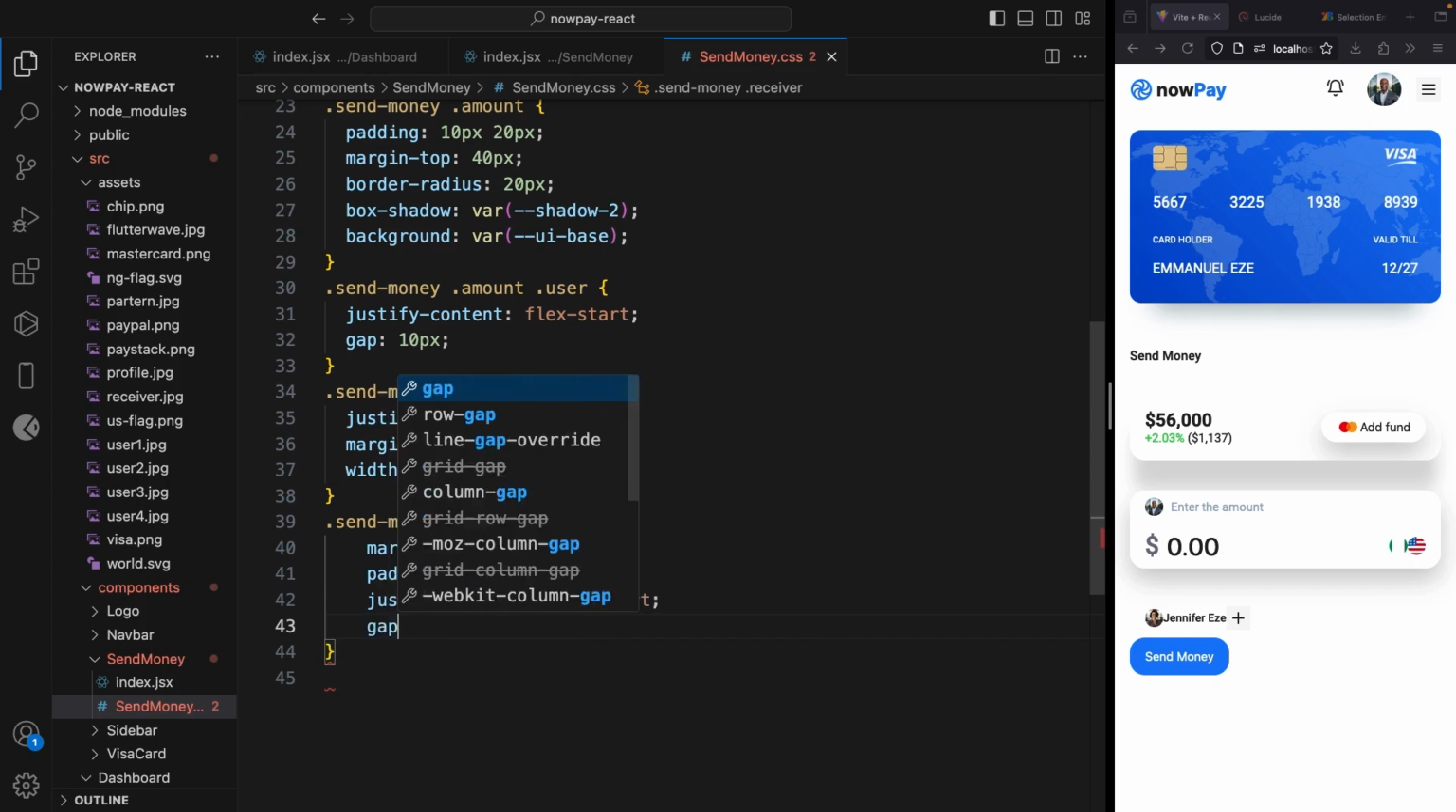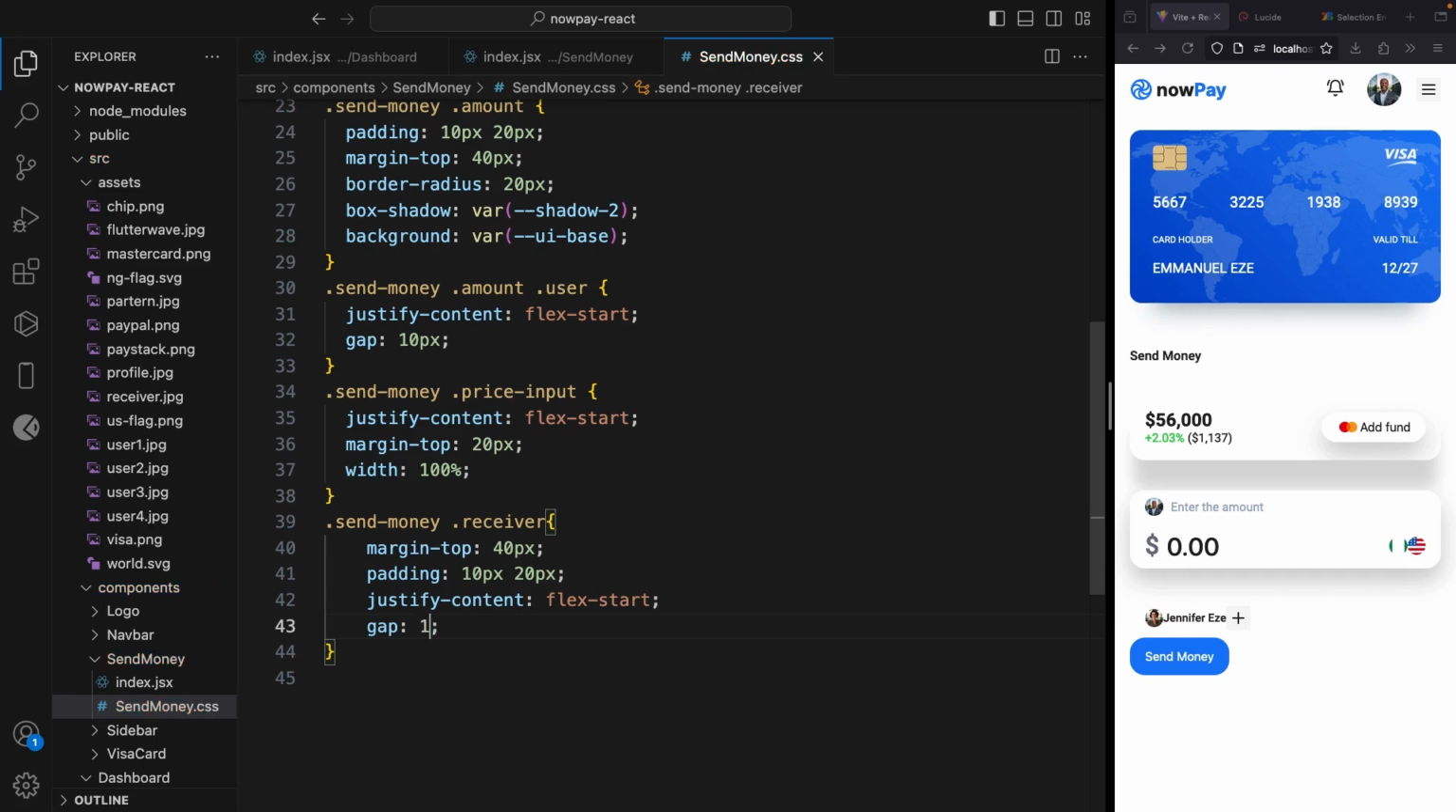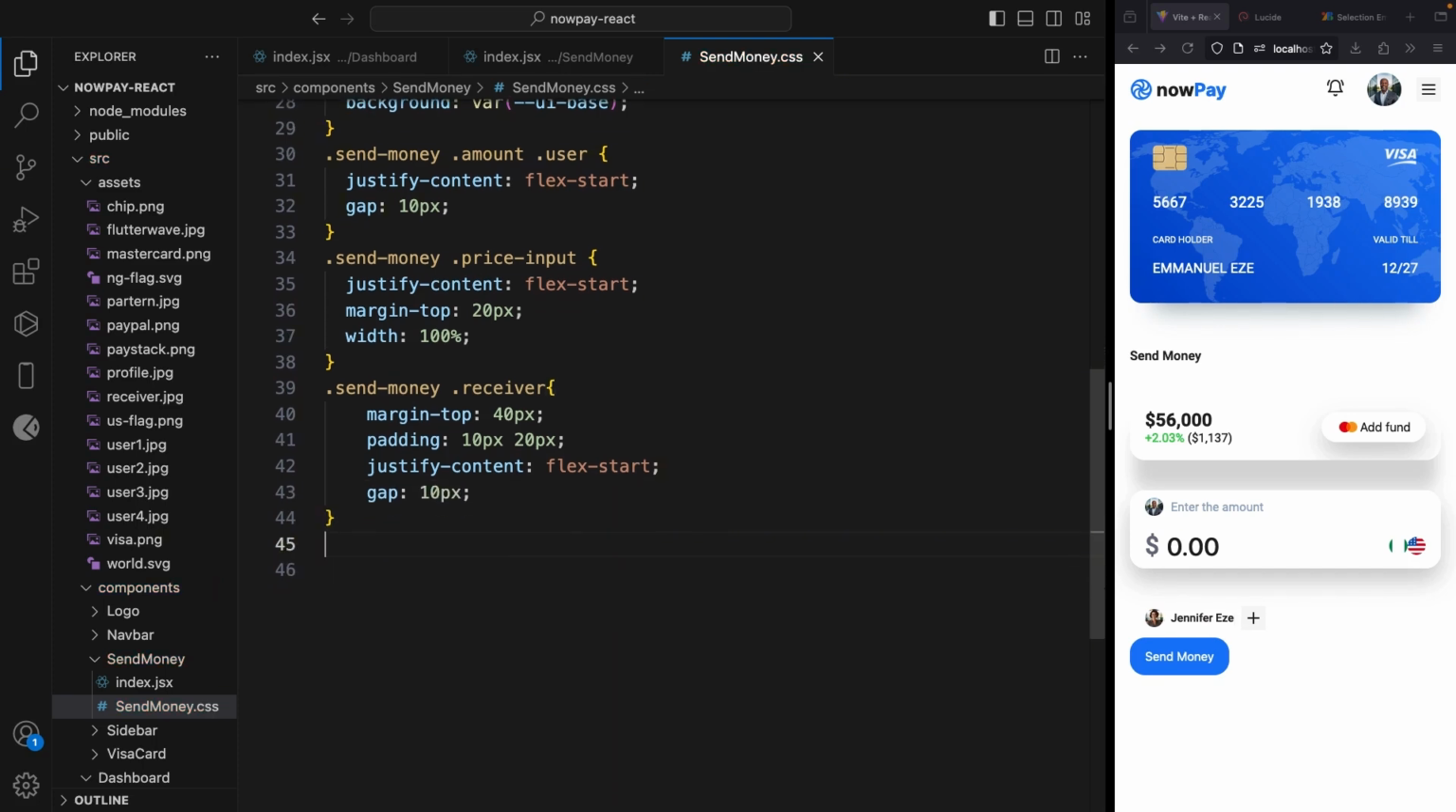Okay, let's give it a gap of 10 pixels. Awesome. So the next thing we need to do is let's say receiver dot rounded icon region. We need to give it a margin left of auto, and